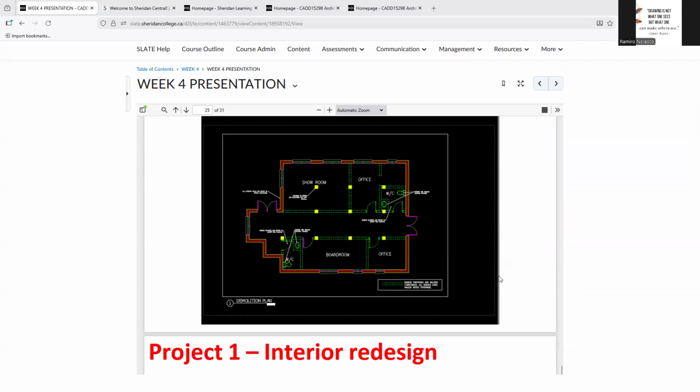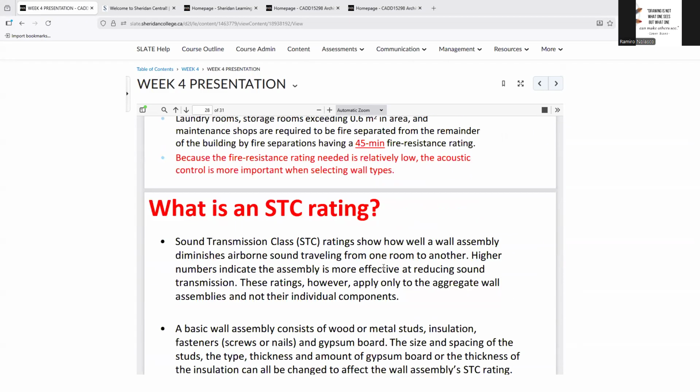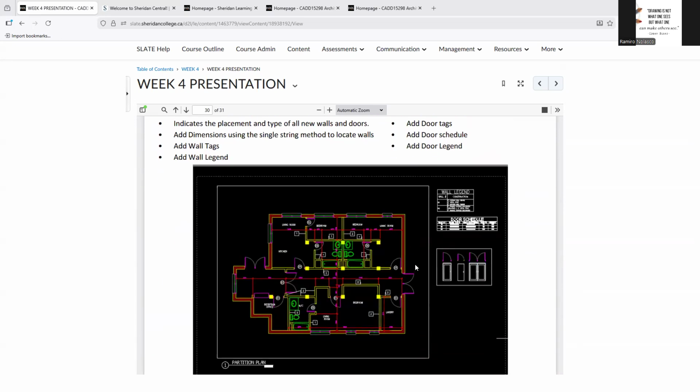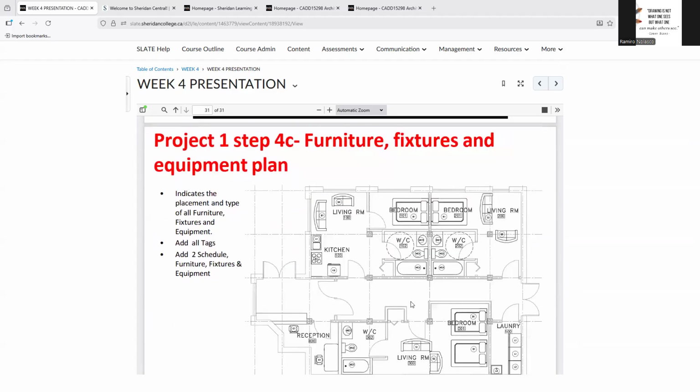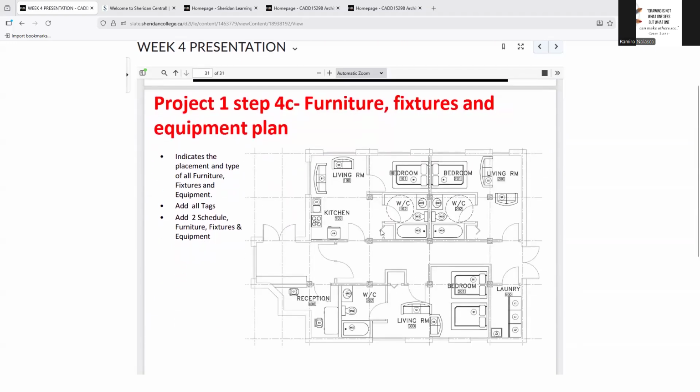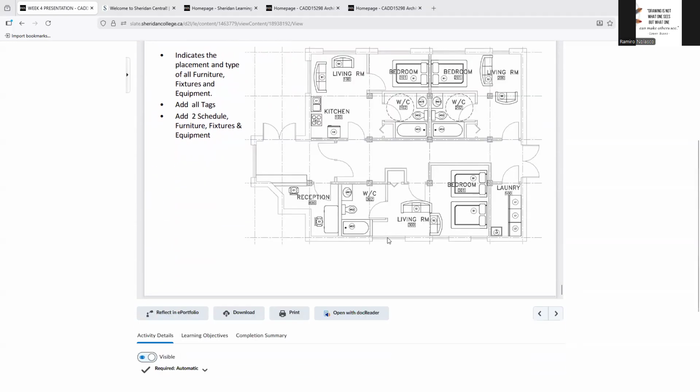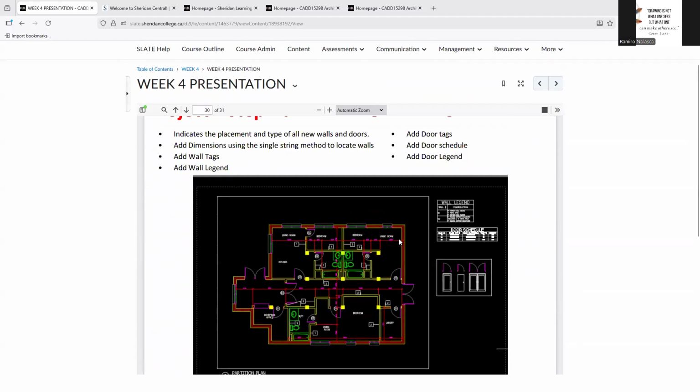Demolition plan, and then the new plan, proposed plan, and then the furniture added to it with the tags and then the schedule. Okay?